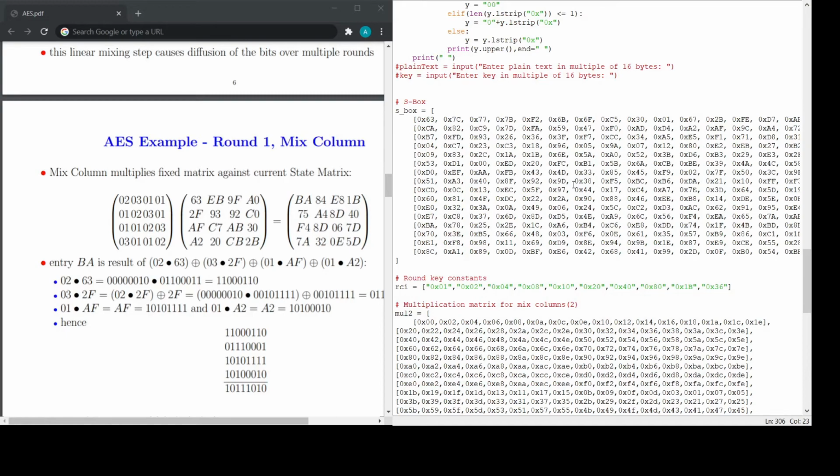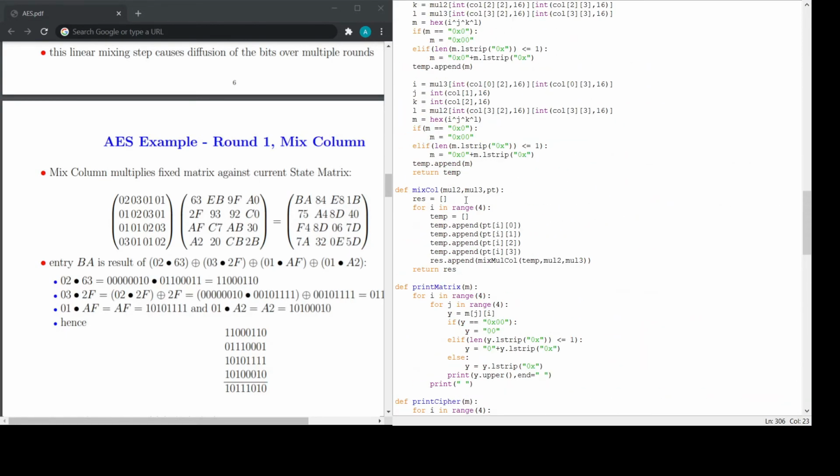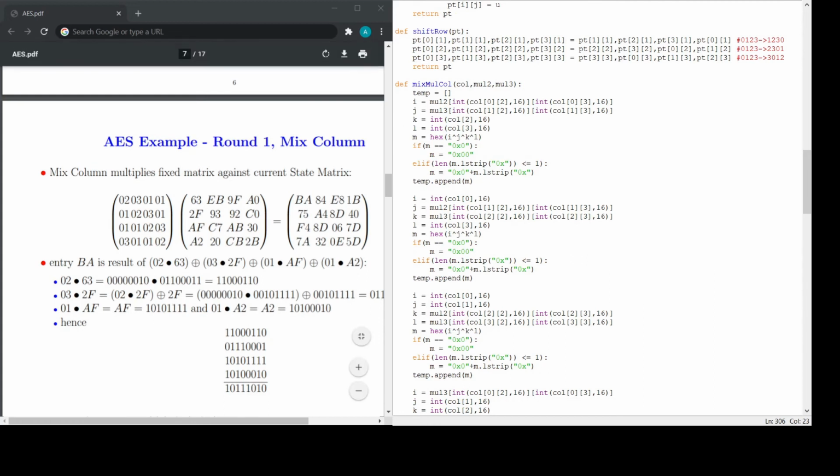Therefore, as you can see in the parent function, we will call the column. There are 4 columns, that's why it will be done 4 times. So we'll call the column, and in each column, we will perform the specific operation. I'll show you over here in this example.